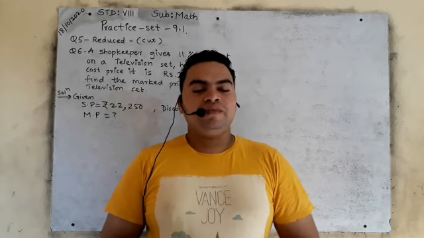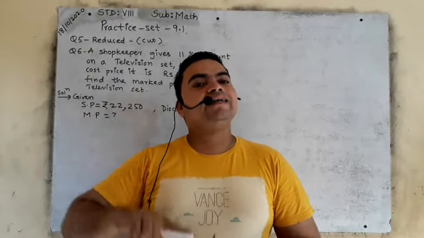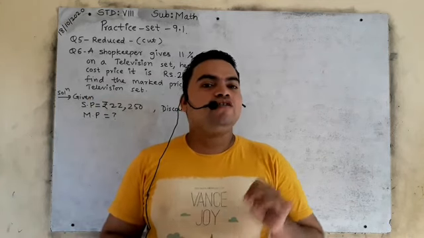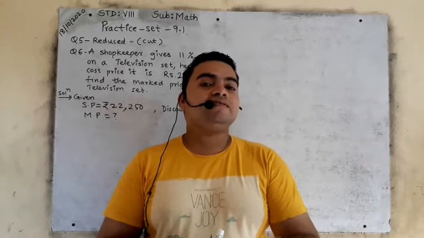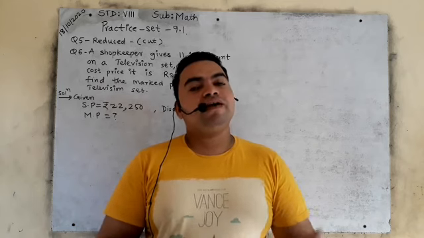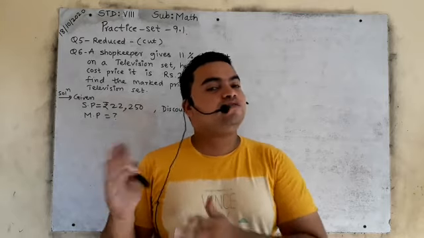In last session we have seen question number 1, 2, 3 and 4. Fifth question is reduced from your syllabus for this year only, and question number 6 is exactly like question number 3. Okay, as I have told you already, if in the question we have to find the mark price, it means mark price is not given in the question. So we will consider, let us suppose, the mark price be 100 rupees first, and later on we will consider after finding how much discount he will get on 100 rupees. We will consider let the mark price be X. So this question is totally based on question number 3 only.